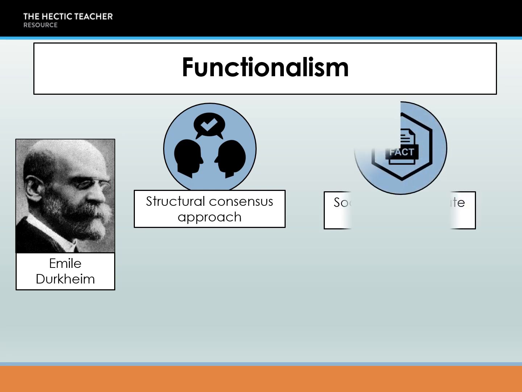He also talks about social facts, and what he means by a social fact is an external force or an external control on people's behaviours, which determines how we act and determines who and where we are within society. So Durkheim says that we can identify these social facts or social rules that regulate society in order for its continuation. There has to be some sort of rule, some sort of